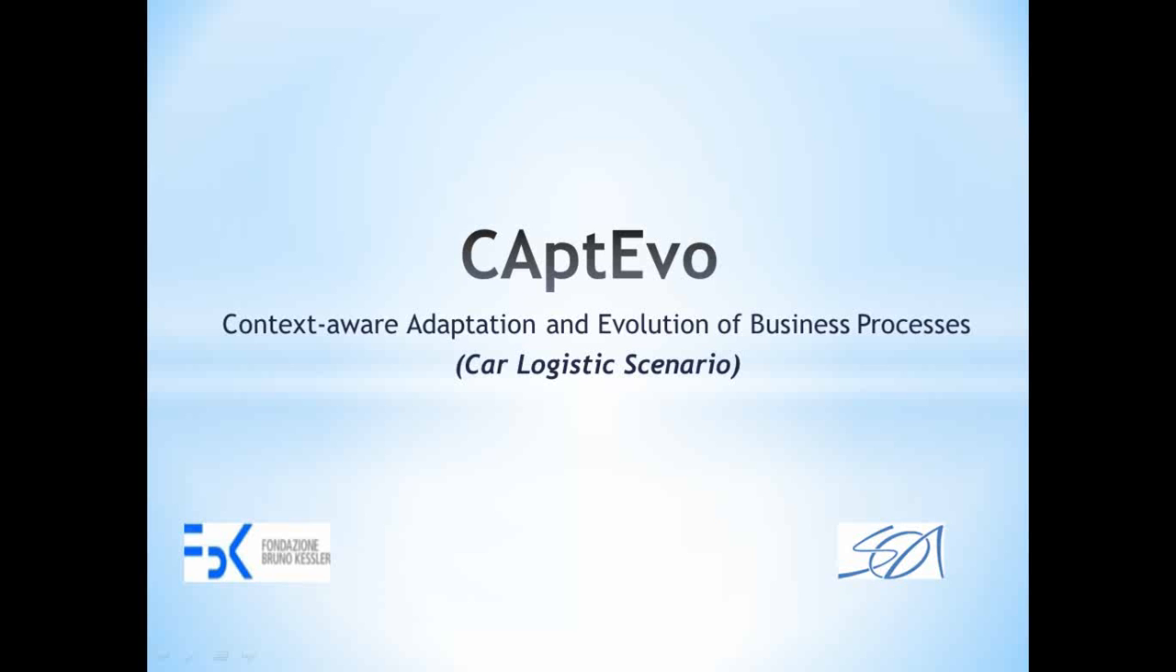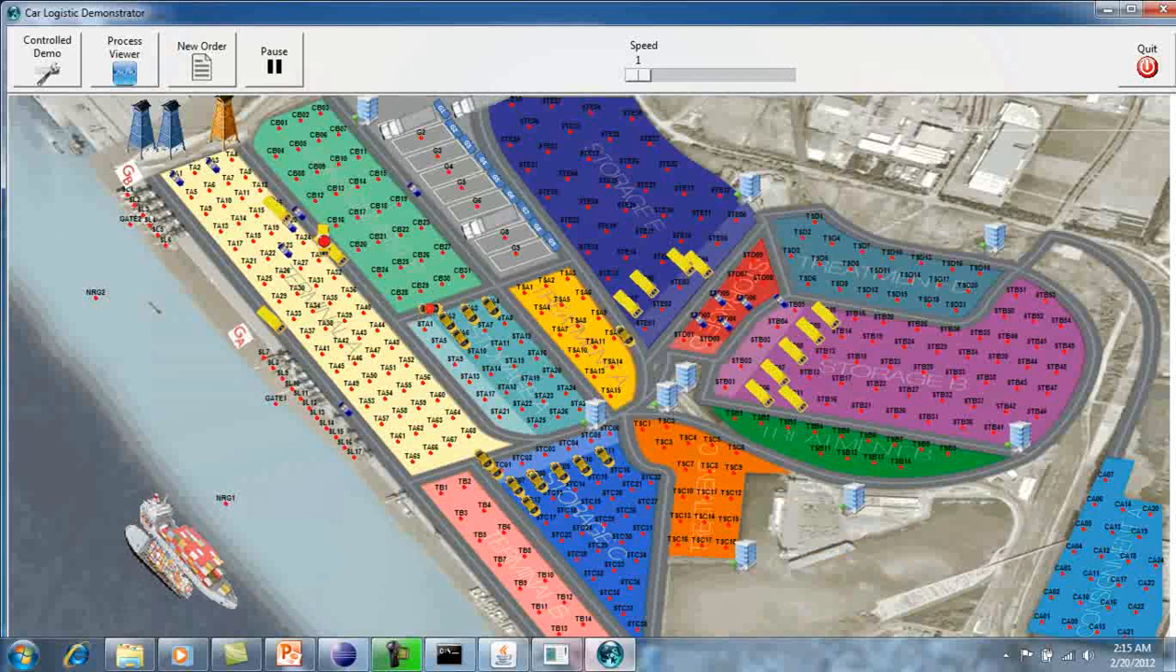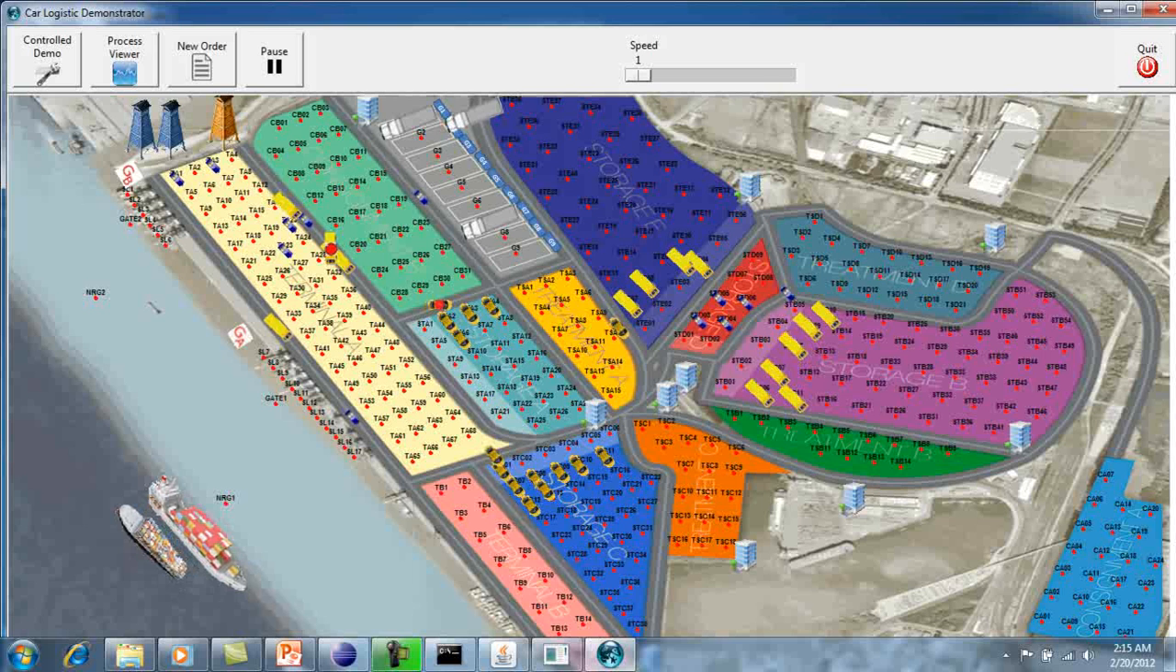ASTRO-CAptEvo is a framework for the adaptation and evolution of service-based business processes operating in dynamic execution environments. The CAptEvo framework offers a standard way for handling complex, dynamic, real-world business applications. In this demonstration, we will show the novel concepts and advantages of the CAptEvo framework when applied to a real